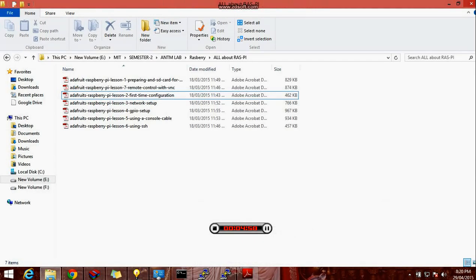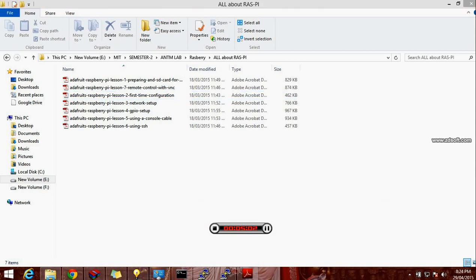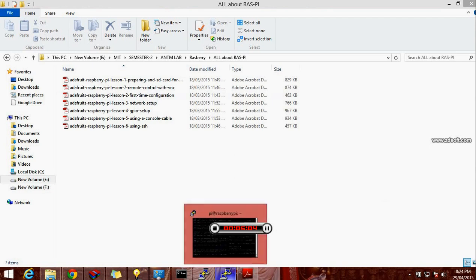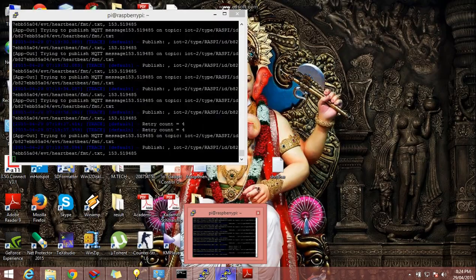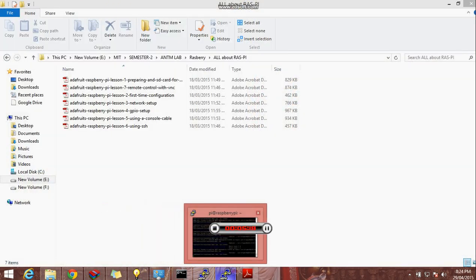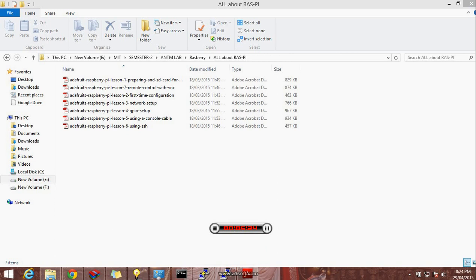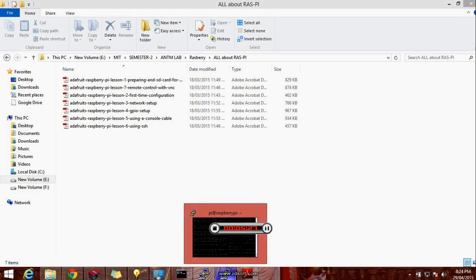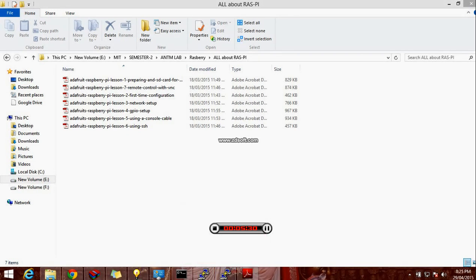Then after that we have to install two things. The first one is putty, and the next thing is the VNC server. For the Raspberry Pi we have to set a static IP address. Now how are we going to set it? For that we want the VNC server first, and I will explain the VNC server. We want putty first, and we will see now what putty is.